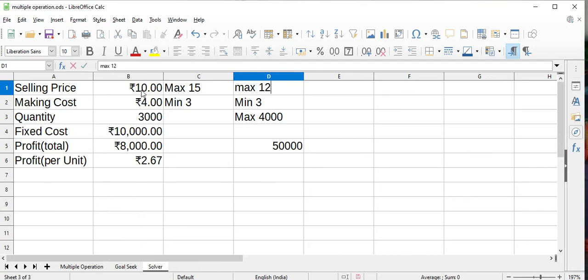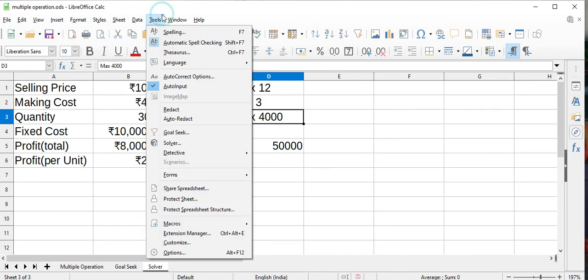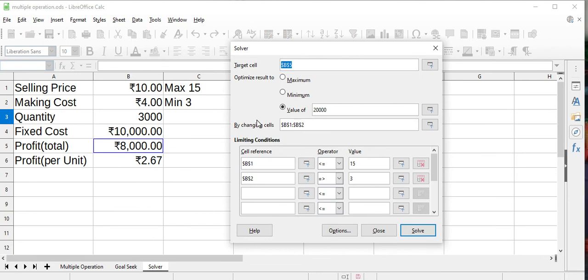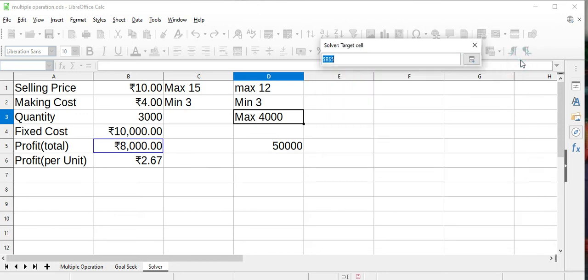Instead of 2 places, where we kept the condition, here we will keep the condition for 3 places. Go to Tools, click on Solver. Now your target is your profit. Select the target.